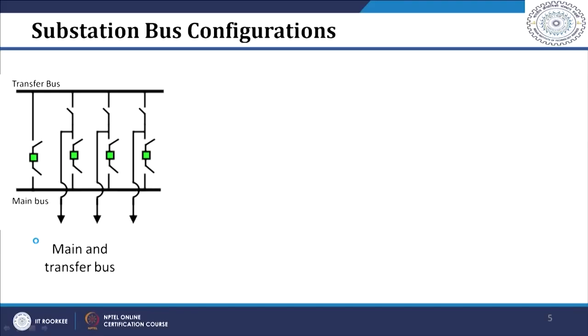Now to improve reliability further, we can have two buses. The first bus is called the main bus, which is shown here in this figure, and then there is the transfer bus. All the circuits are normally connected to the main bus. So this circuit will be carrying power through this path. It will be carrying current through this particular path, which is shown in red color. So if you see the advantages and